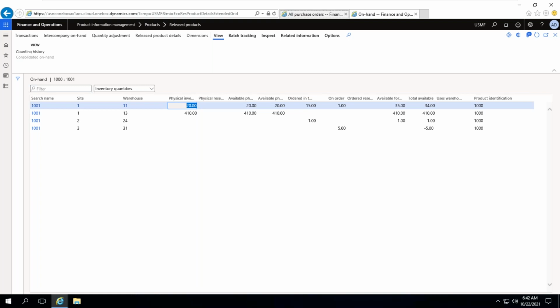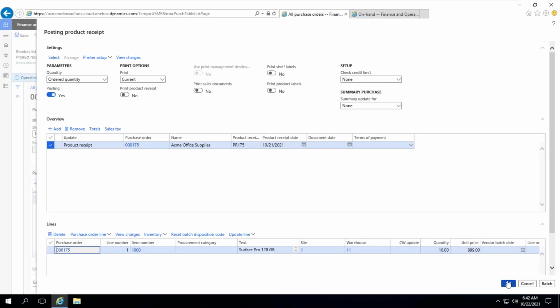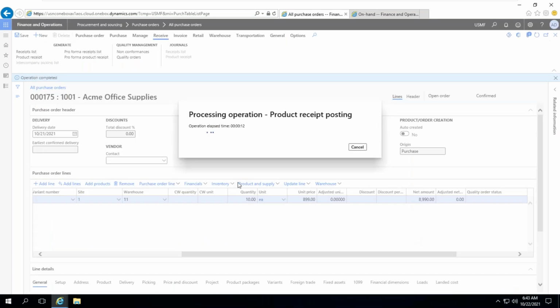Now let me complete this product receipt. So now it is updating the product receipt.